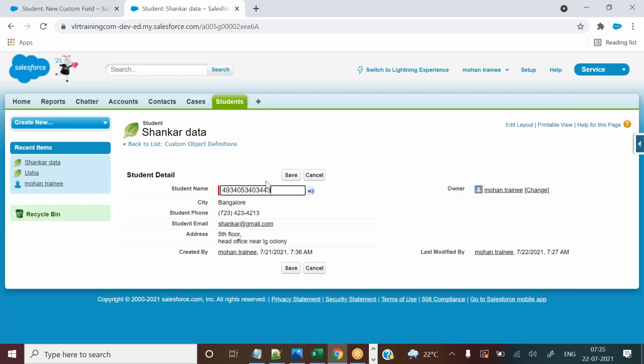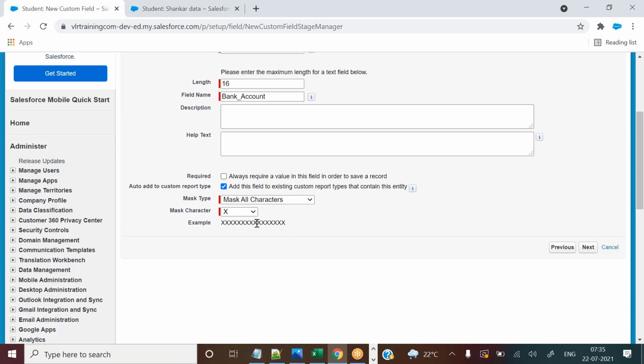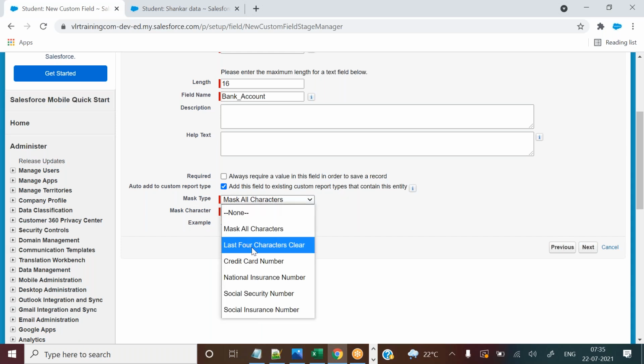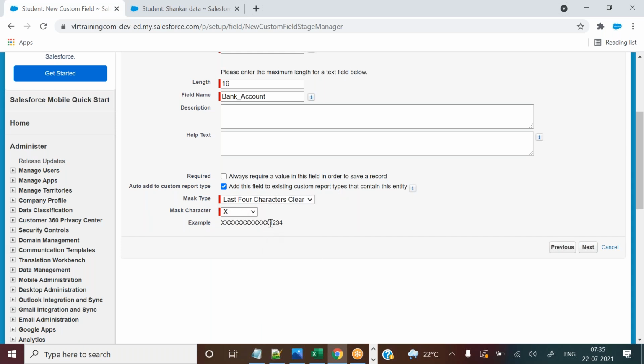You can't see the entered account number, but in the back end the account number will be there. The data will not be changed, but in the front end they have masked it with xxx like that, and the last four characters are cleared, so they are shown like this only, right?